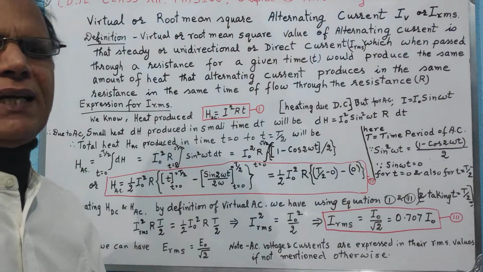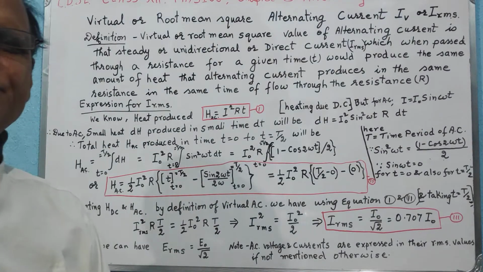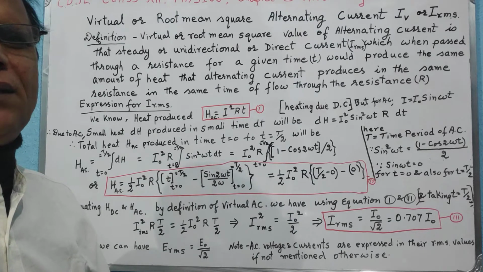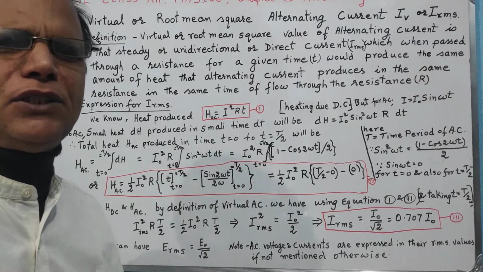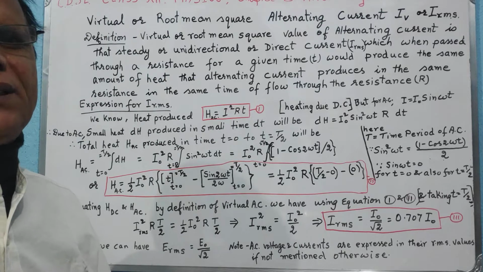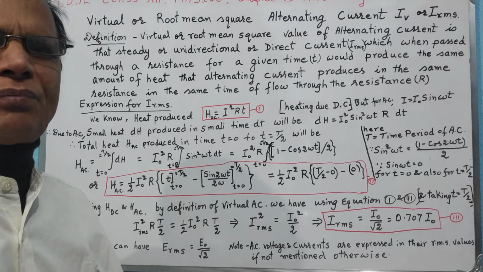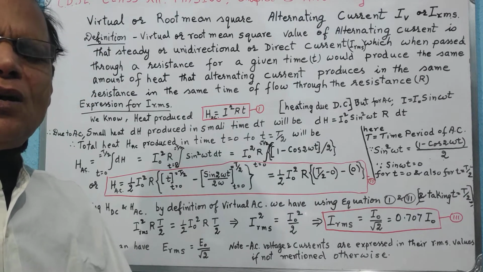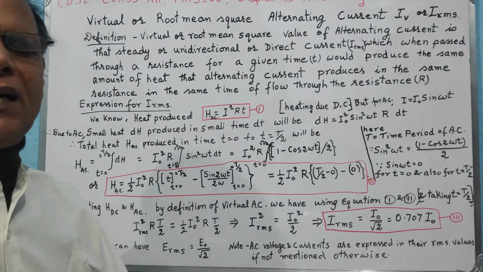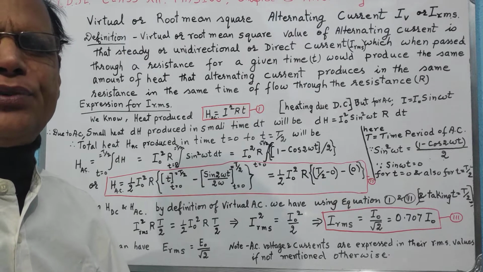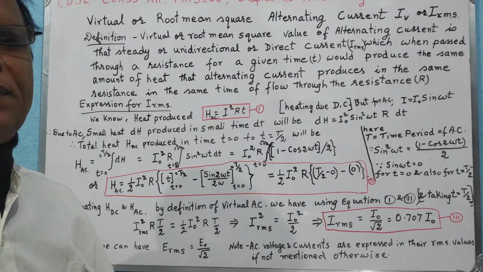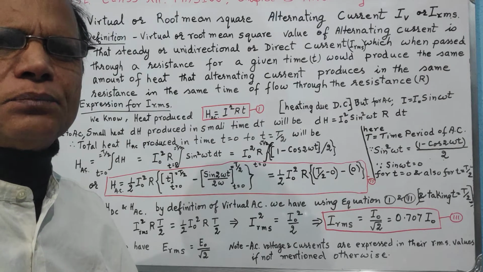Charge flows in one direction during the first half cycle and the same amount of charge returns in the reverse direction in the second half cycle. So the net charge flown will be zero after completion of each complete cycle. So therefore the basic definition for current which we have started in terms that charge flown per second is current. So here you see the net current after completion of each cycle is 0.